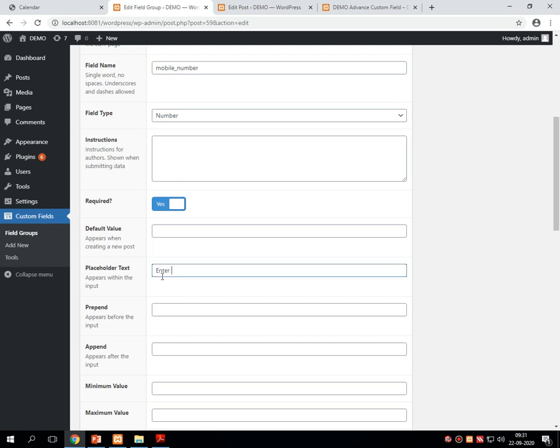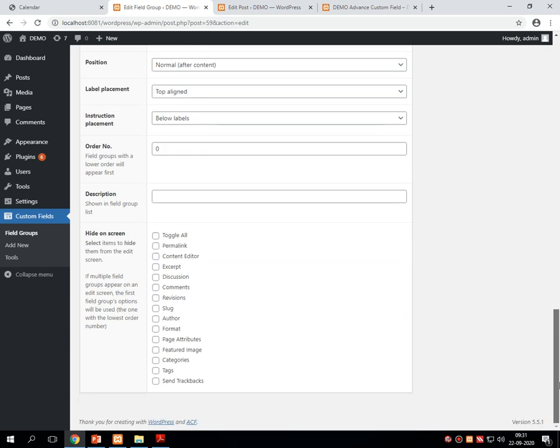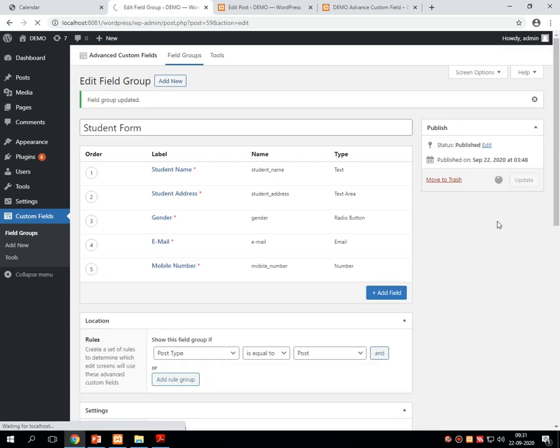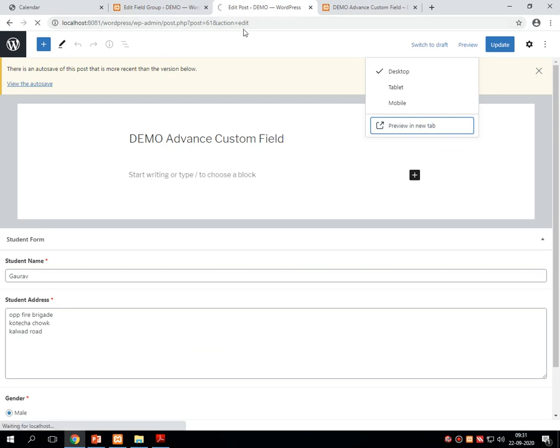Placeholder, enter your mobile number. Then I am updating this entire field group name. That's it. Student name, student address, gender, email and mobile number. I want to keep all these things. I'm just refreshing the thing.